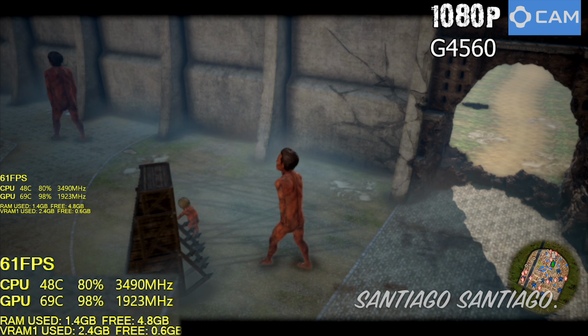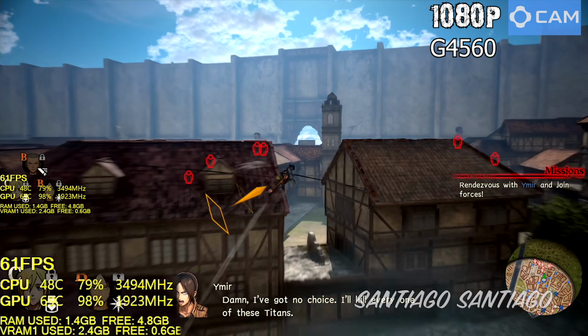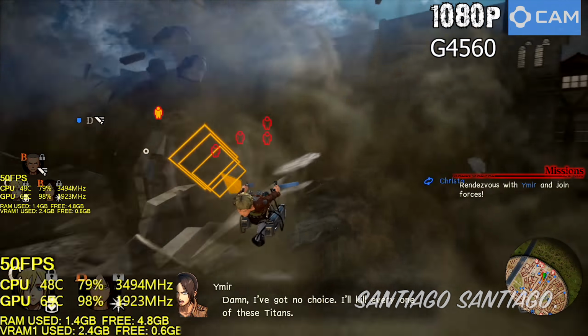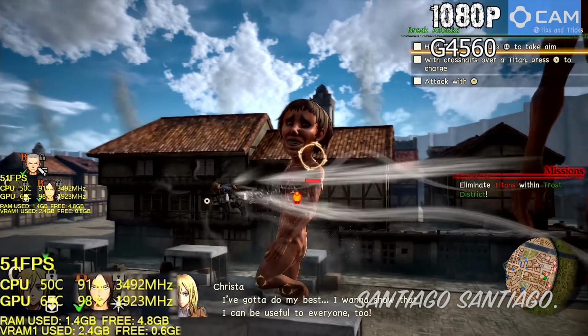maximum settings on 1080p. And then I tweaked the game a little bit in order to maintain 60 frames per second more consistently. So I lower effects to medium, shadows to medium, and I also turn off depth of field and reflections in order to have some room to spare since the game can drop as low as 35 FPS